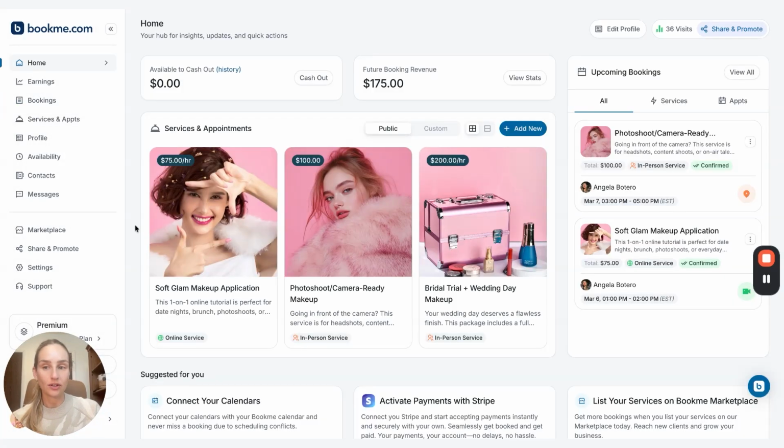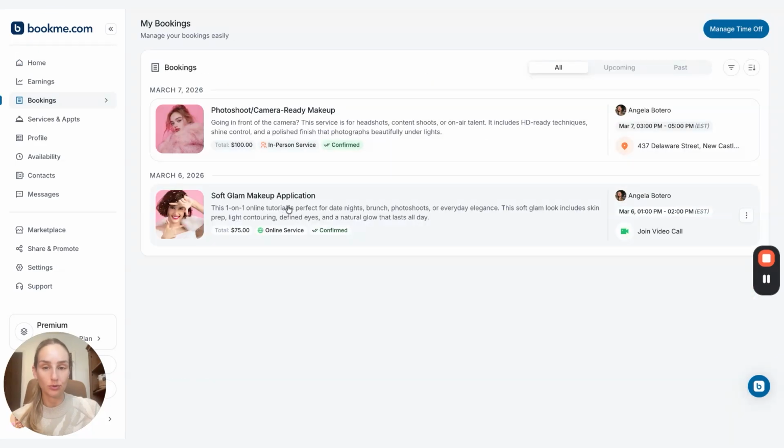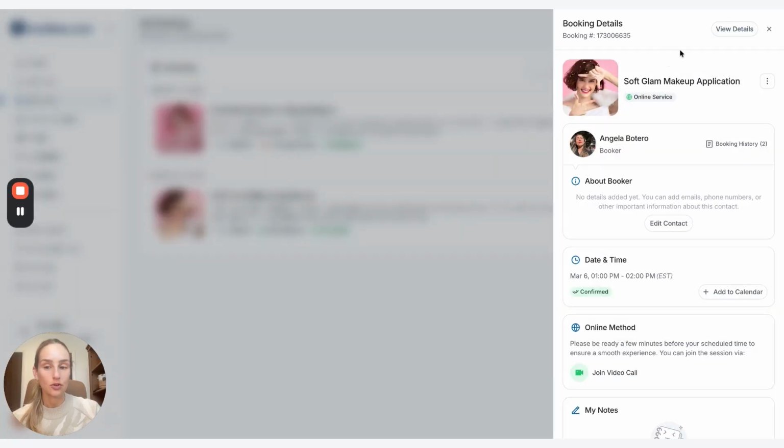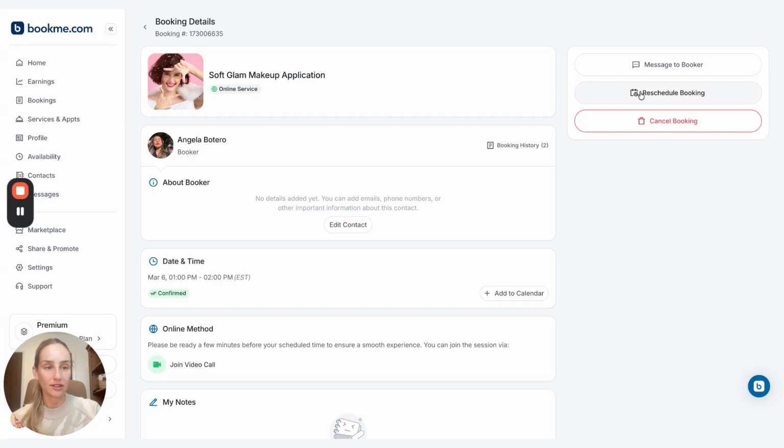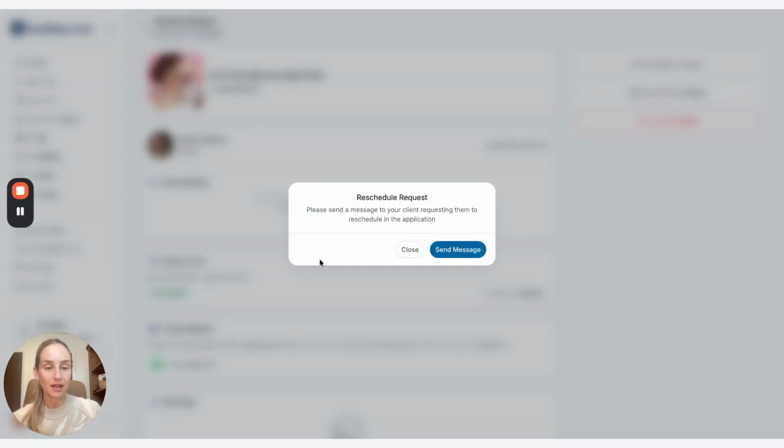Another way to reschedule is to come over and click Bookings on the left-hand side, then select the booking you'd like to reschedule. Once the booking opens, you can select View Details on the right-hand side. From here, you can click Reschedule Booking. And then that same message pops up, prompting you to send a message for the booker to select a new